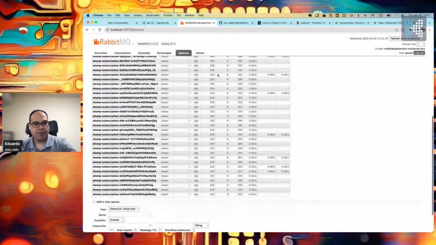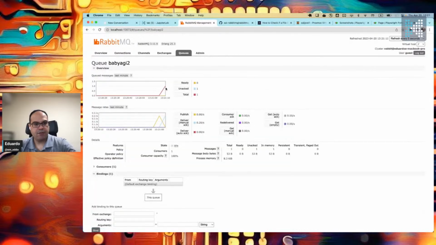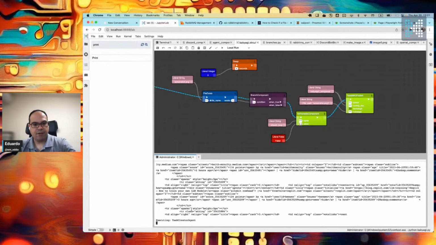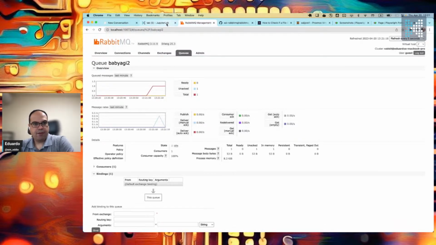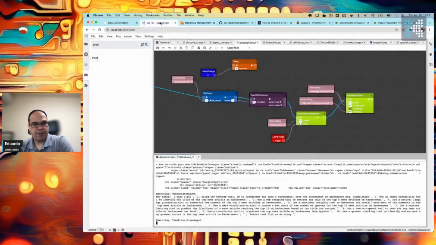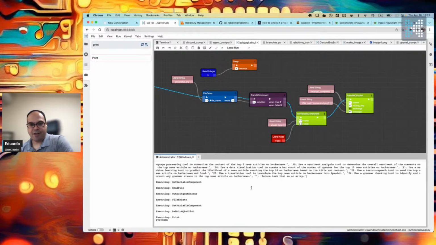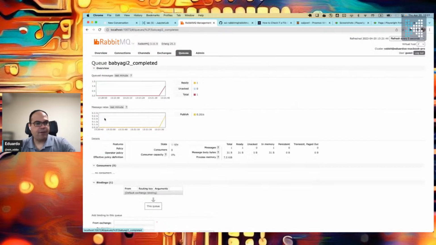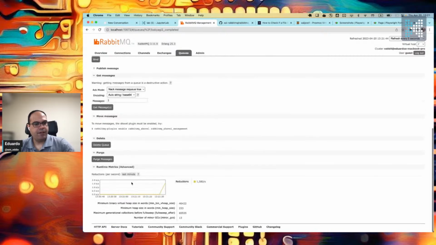Go to management. Look at BabyAGI 2. There is a message. Look at here. We are doing the thing. And then we can see if a new queue pops up with task completion when it is done. Yeah, you can see how it's like imagining a task list where now it's going to go and analyze the top 20 articles and summarize their content and all that stuff. Okay, so now we have a BabyAGI 2 completed with a message,